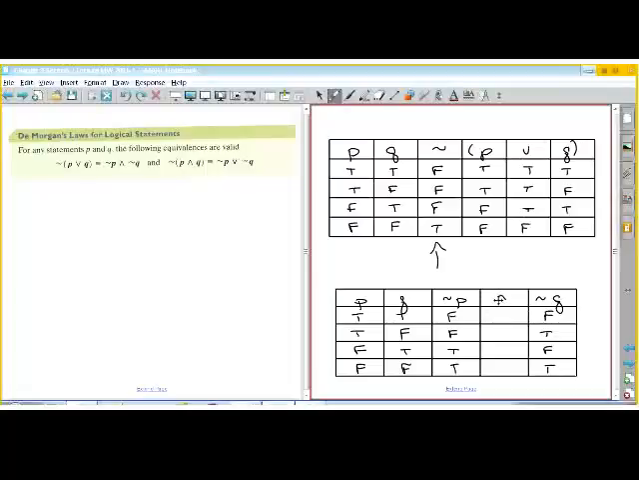So the only time the AND operator. I already see I'm having a problem here. What did I do? Oh yeah, I'm okay. So the AND operator, the only time the AND operator is true is if they're both